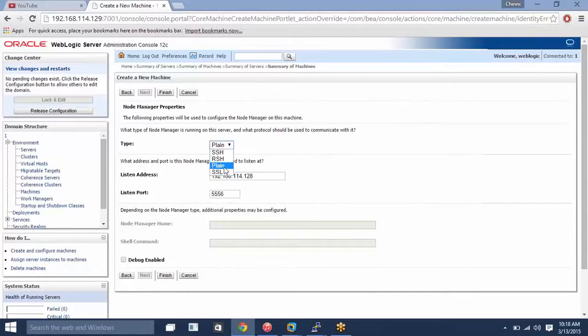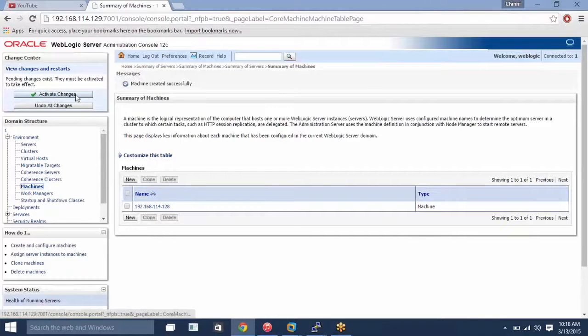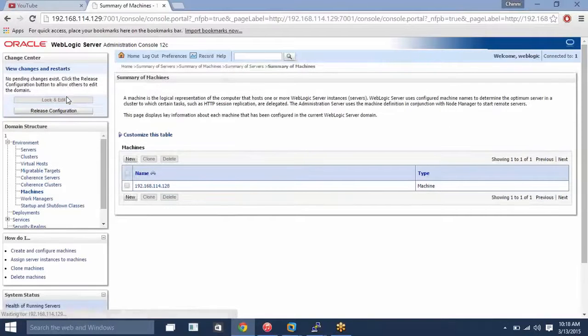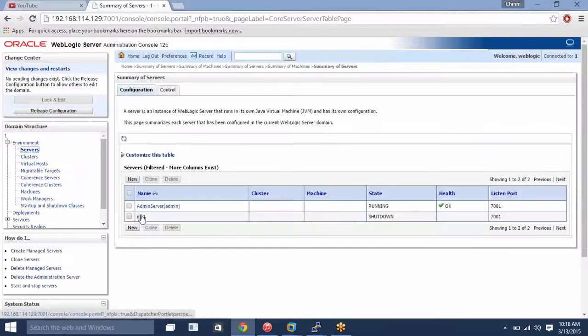SSH and RSH you can also use, but plain is simple communication. I'm just clicking finish. Now we activate this change. Now you can go to lock and edit, click on server, and here you need to add your